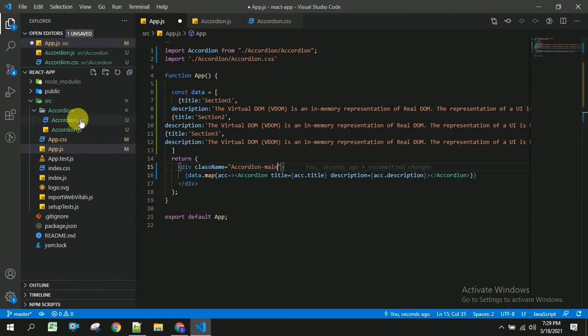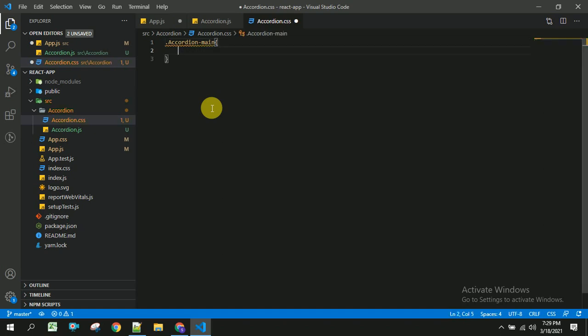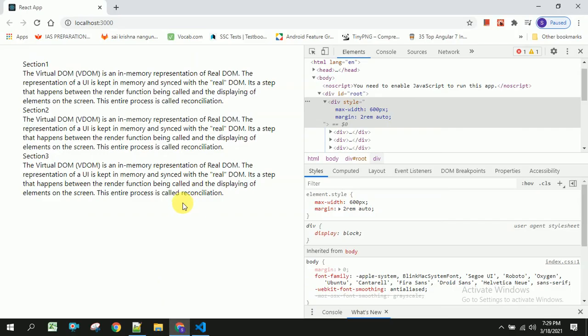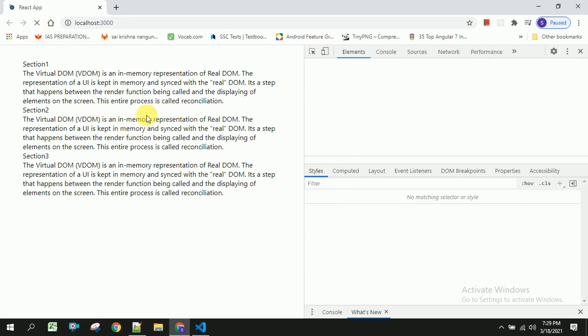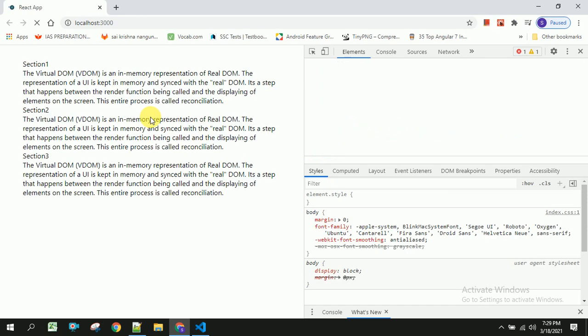And inside accordion CSS I am going to paste this. So we should be able to see this once we refresh our application. So we have got this.